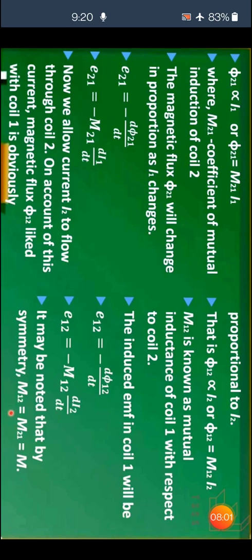Therefore, the induced EMF in the first coil will be E12 is equal to minus d phi 12 upon dt. Therefore, we can get the equation E12 is equal to minus M12 di2 upon dt. By symmetry, it may be noted that M12 is equal to M21, both are the same, equal to